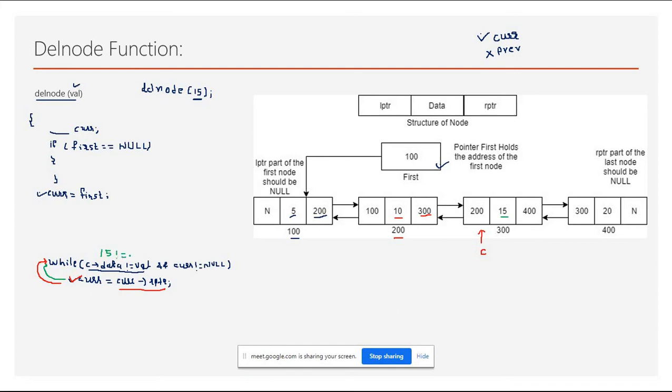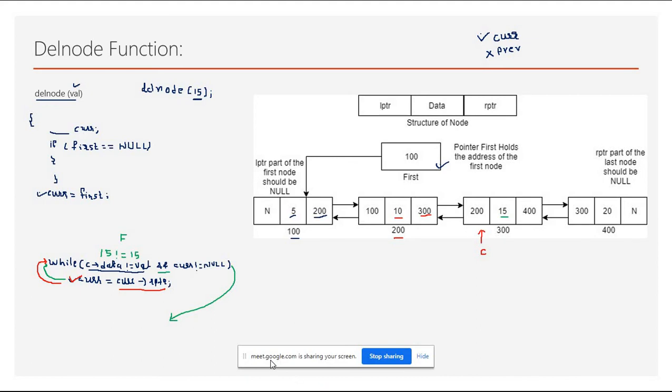Because value is 15, and current's data part is again 15, right? So 15 is not equal to 15. No, this is false, right? 15 is equal to 15. So here we know that in the AND logical operation, if any one condition is false, the computer will treat the whole thing as false, and now the computer is coming here, right?